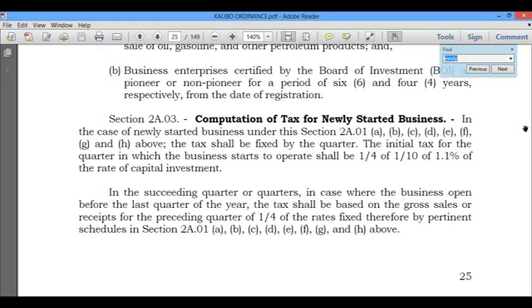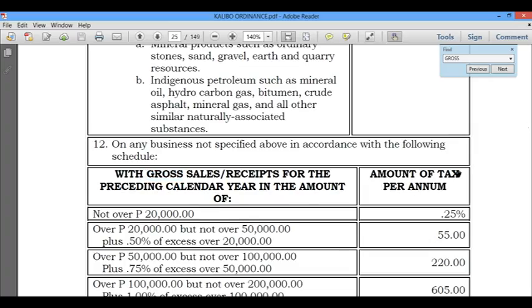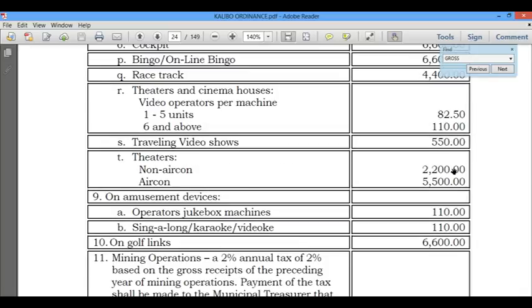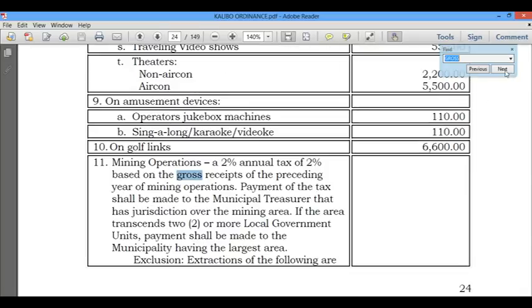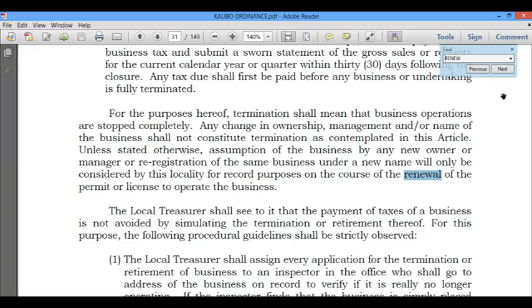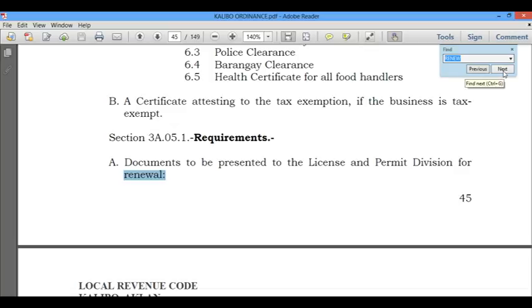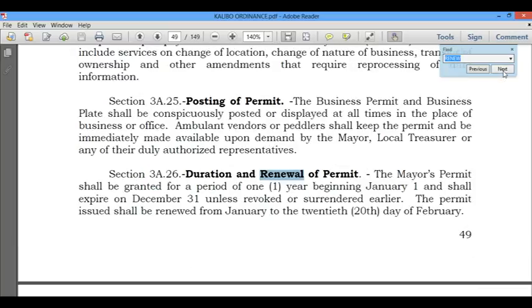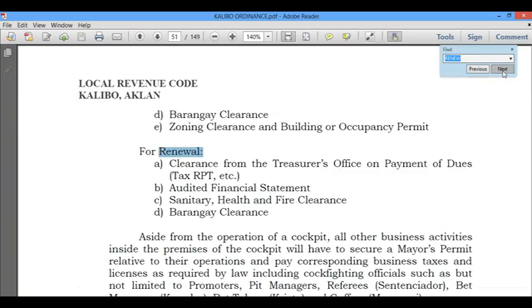So let's try here. Okay, gross. Where's the business here? Renew. We'll try to renew. Next. Oops. I'm trying to search for.